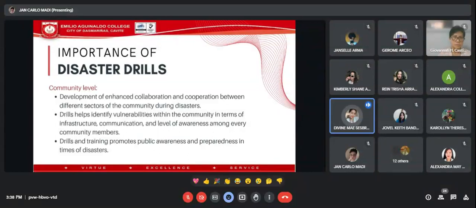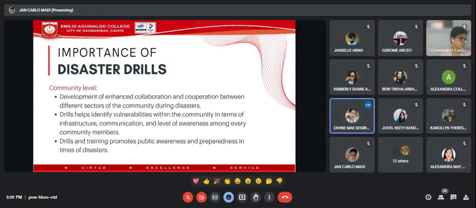And also, yung drills kasi dito sa community level, nakakatulong siya para ma-assess yung weaknesses sa bawat emergency response plans ng bawat community. Tulad ng kung okay ba yung evacuation routes, yung mga communication networks, gumagana ba? Yun. Then next is yung drills and training promotes public awareness and preparedness in times of